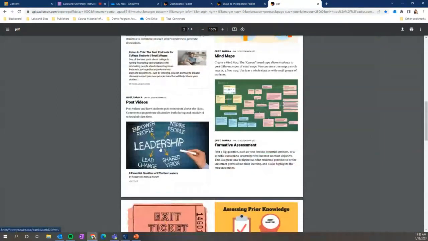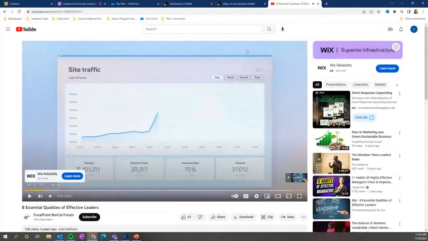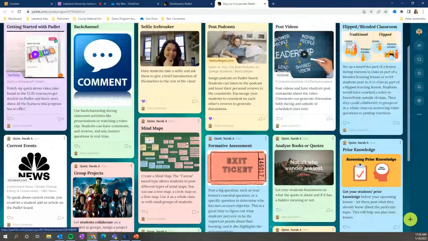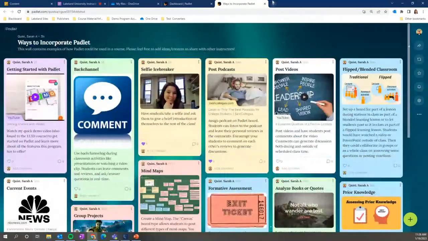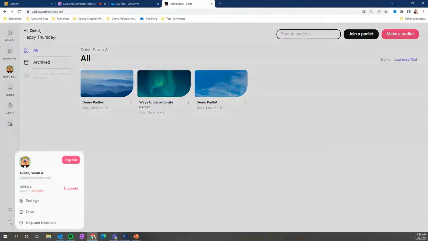And what's nice is these posts are active. So if I click on it, it's going to go to that YouTube video. So when you save it to your Blackboard course, those content areas are still technically live. And to log out of your Padlet, you're going to look at those icons on the bottom and simply press log out,